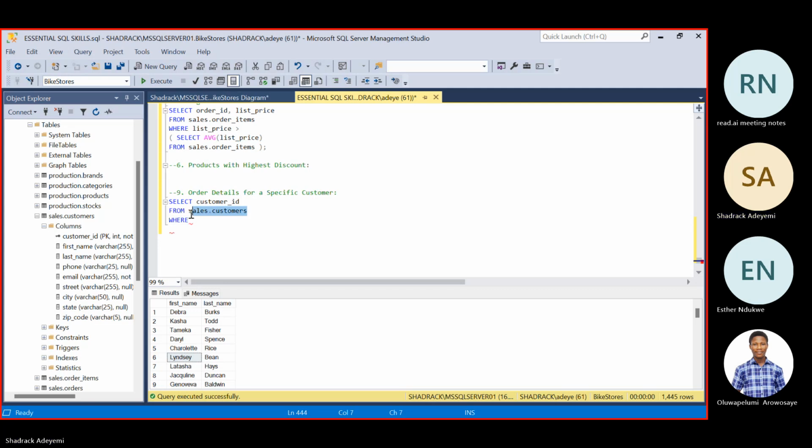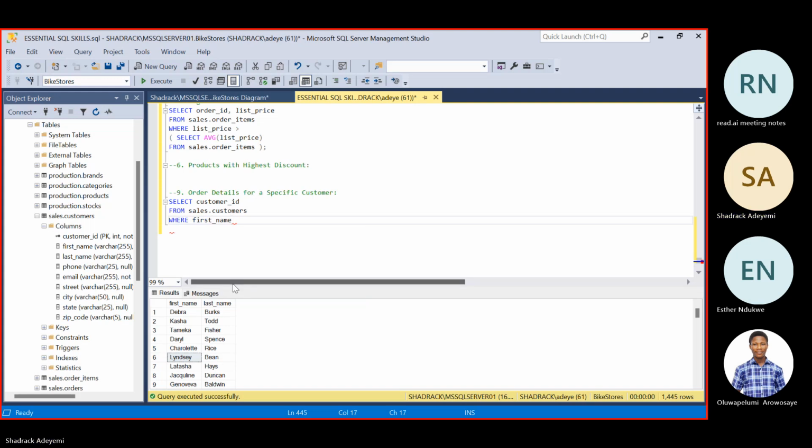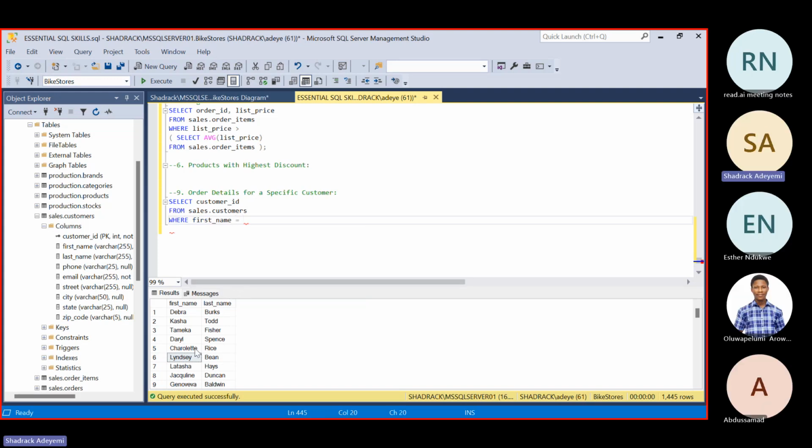I'm calling a where clause now that says where the first name, so this would really specify that we are being particular about Lindsay. Where the first name is Lindsay and the last name is Bean.